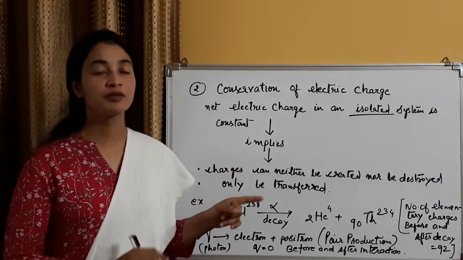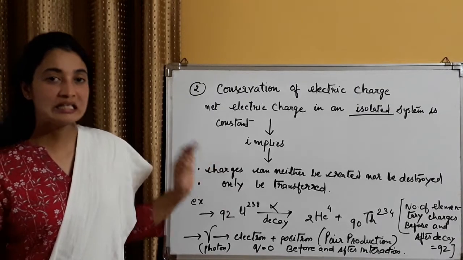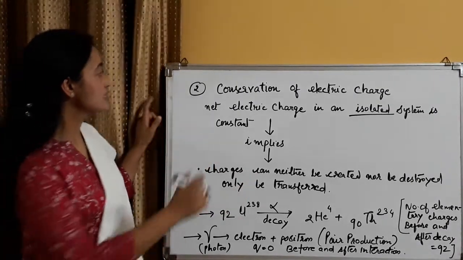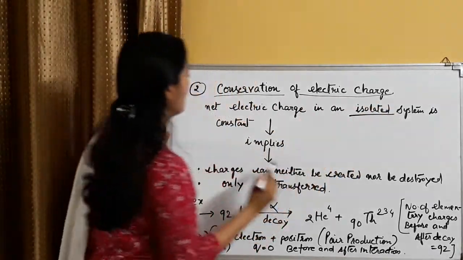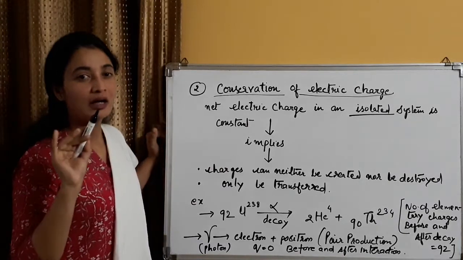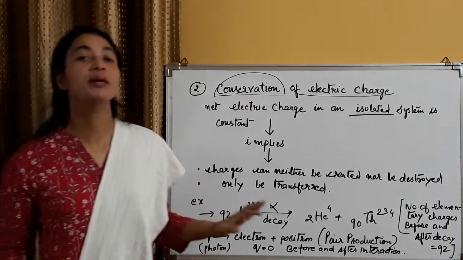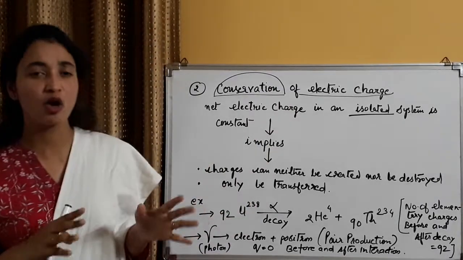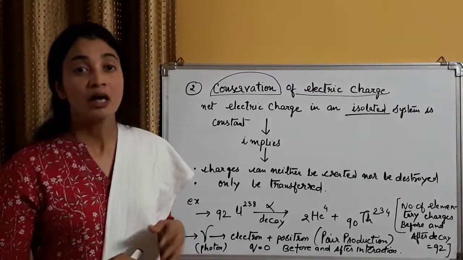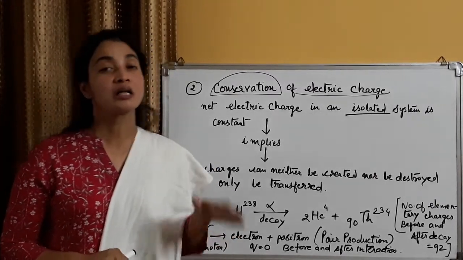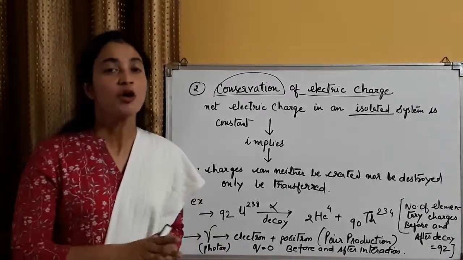So I hope you are clear with the first property, that is, just now we have seen that additivity of charges. Now we come to the second property of charge, which is conservation of electric charge. Now by this time, students, as you are students of class 12, this word conservation is quite a familiar word to you. You have studied so many laws regarding conservation, like conservation of mass, conservation of energy, conservation of linear momentum, conservation of angular momentum,